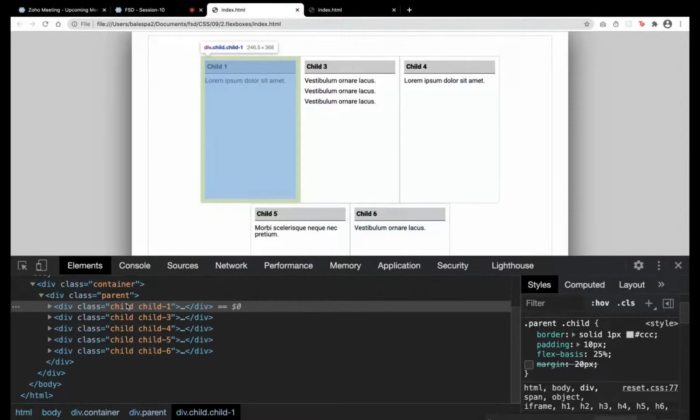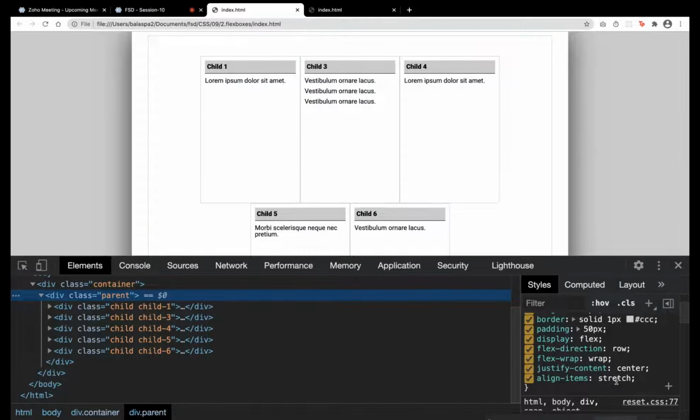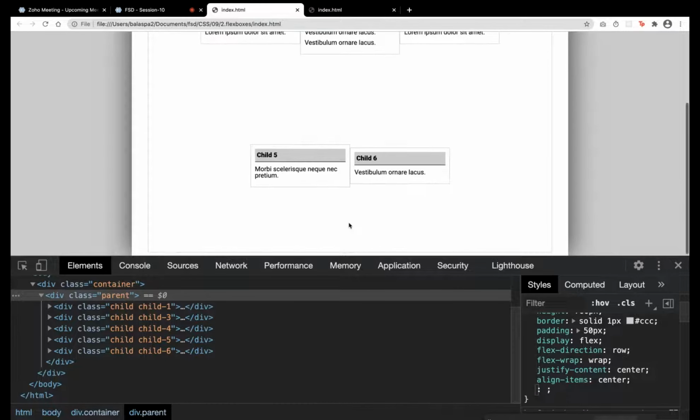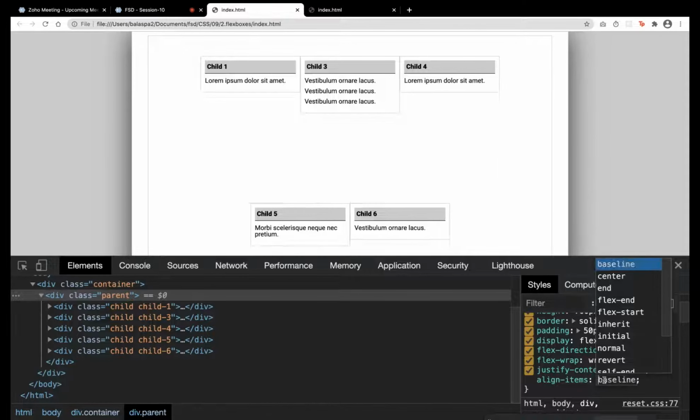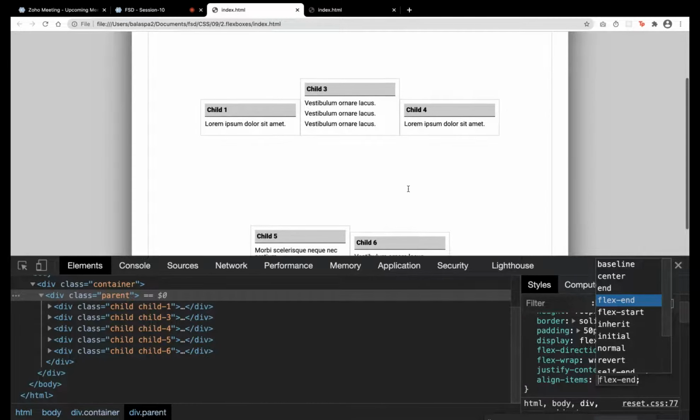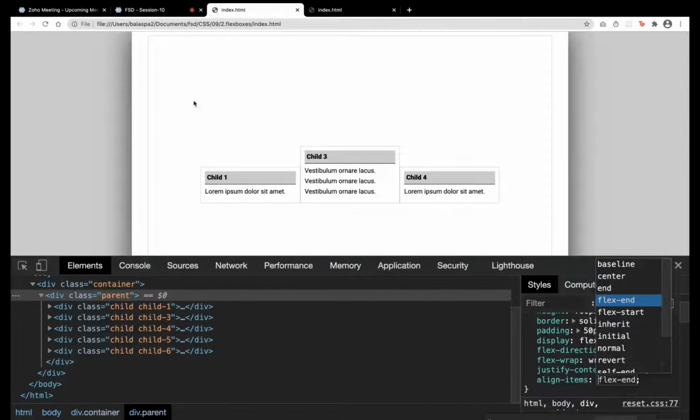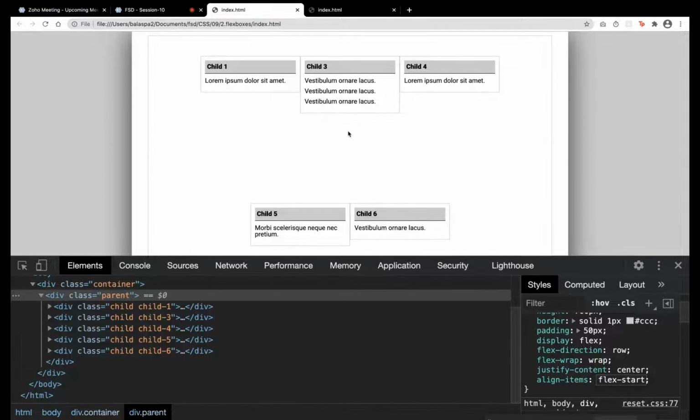What I was teaching: align items center. Align items center means it will align the things in the vertical axis, the cross axis. So keep remembering cross axis and main axis. There are many values here too. Flex end: within this row, it comes at the bottom, the end. And start is here, it comes at the start.